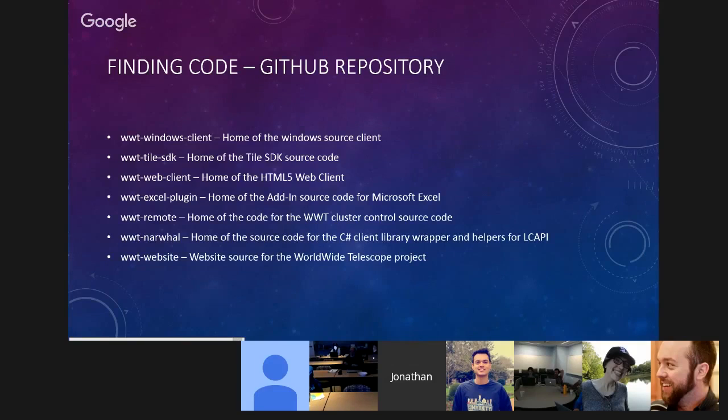All of our projects, and everything you need to build them that isn't already publicly available, is put onto the source control system in GitHub, and you can clone these repositories and then install the prerequisite tools, like maybe Visual Studio in some cases or a text editor. Get a copy of the source code and build everything that's in WorldWide Telescope yourself